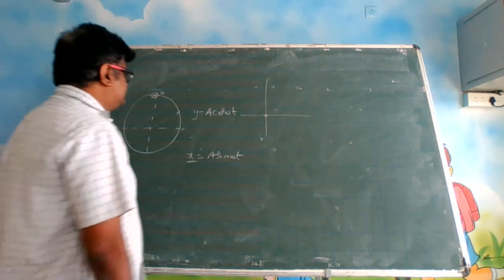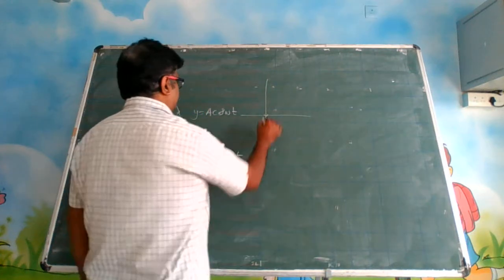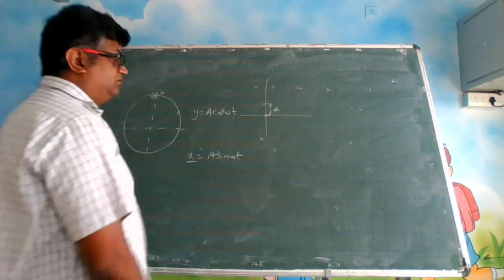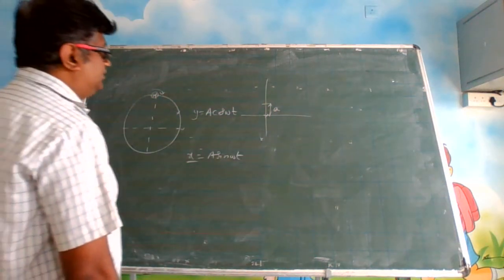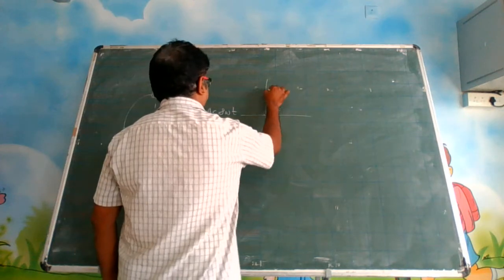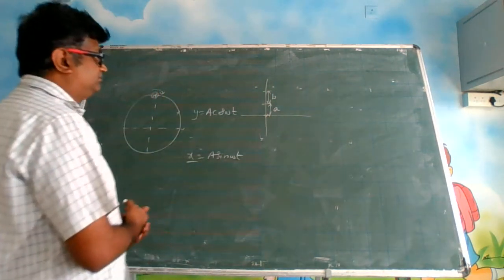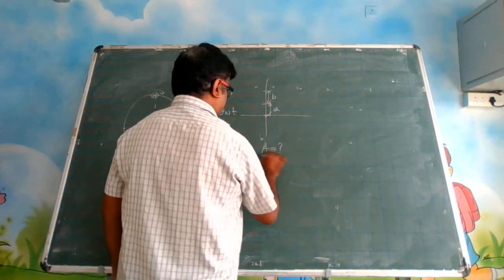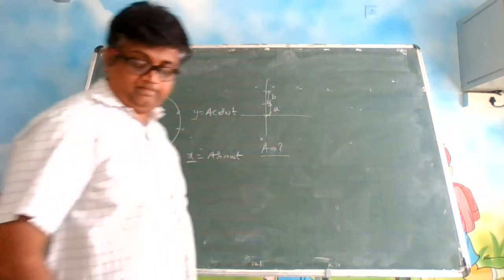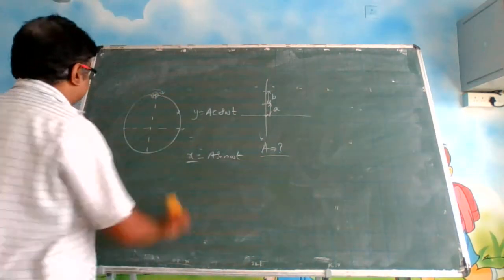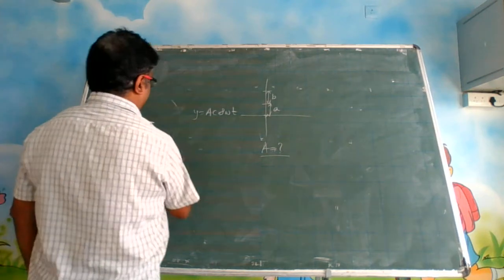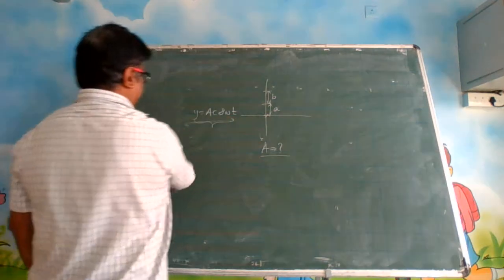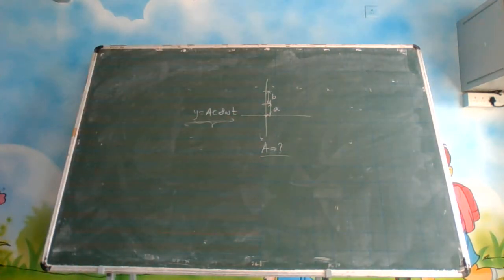Now a question is given like this: there is a simple harmonic motion happening, and in the first second the particle moved a distance a, and in the next second it moved b distance, and you have to find out what is the amplitude of the motion. And the given equation is this. So we have to frame the equation now.